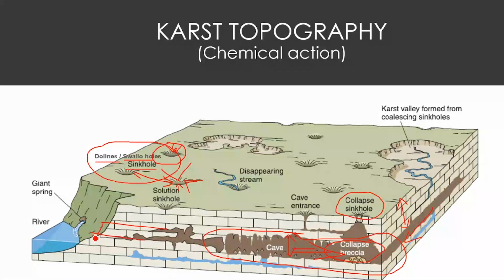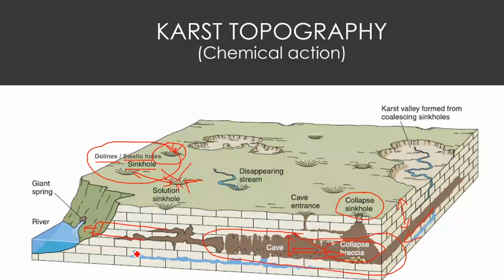But in this case, it was only the entry point, but there is no exit point. It is not connected to both the sides. So this is called a cave. Okay, and here in this part, if you see, there is a stream which is flowing on the surface and it suddenly disappears. So this is an indication of what? Okay, subsurface erosional feature or